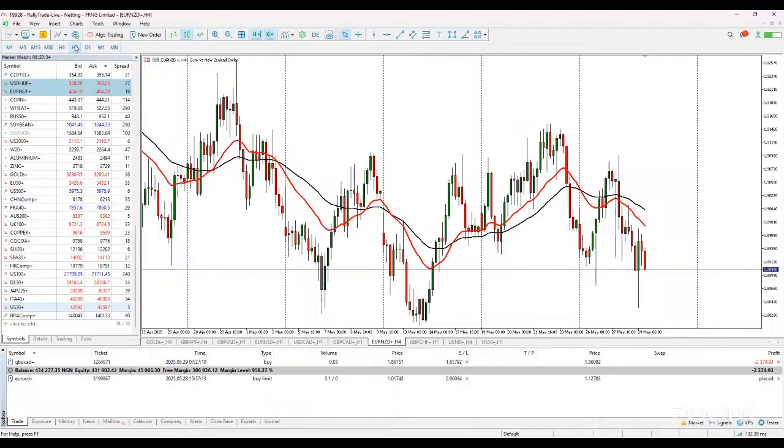It is clear. What do I mean by it is clear? On the 4 hour time frame, this region serves as a support. This region serves as a support. Now,